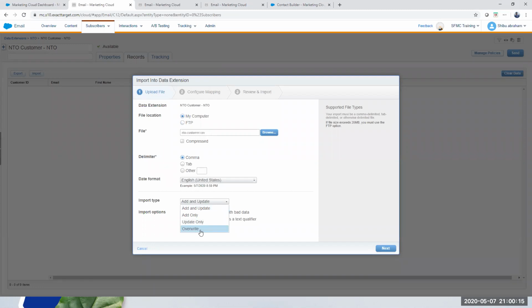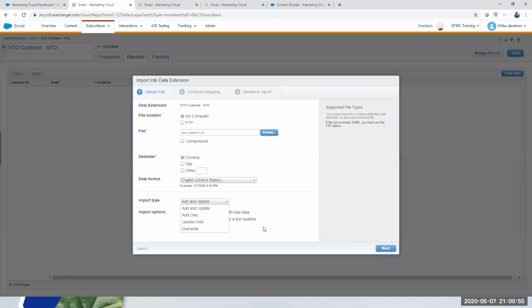Overwrite primarily will delete everything in your target data extension. If there are any records or any data in that, it will delete everything and then put everything that you have in your file into that data extension. So it'll just clean up everything in your target and refresh it with whatever you're uploading. That is an option that sometimes we might use during our automations, or if you want to bring in fresh data every time and you don't want to keep adding or updating. Now overwrite is the only one that does not need a primary key. The other three always require a primary key. When you try to do the updates, it will require a primary key on your data extension. So keep that in mind.